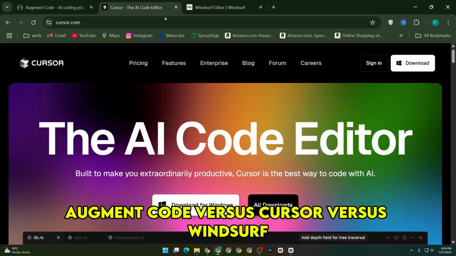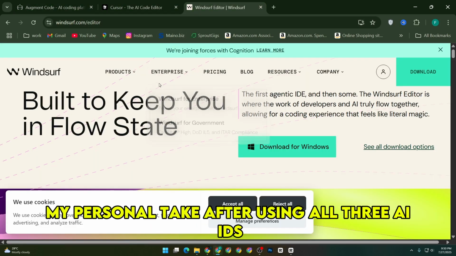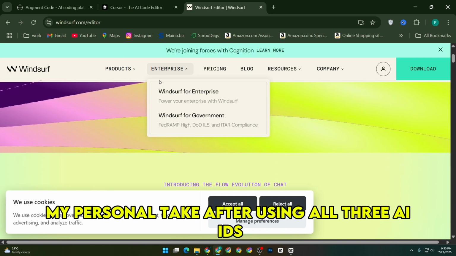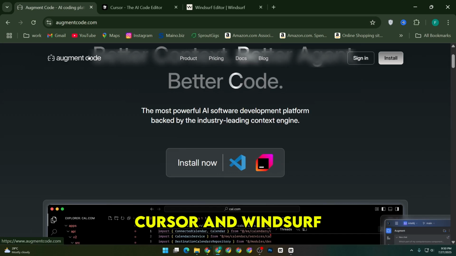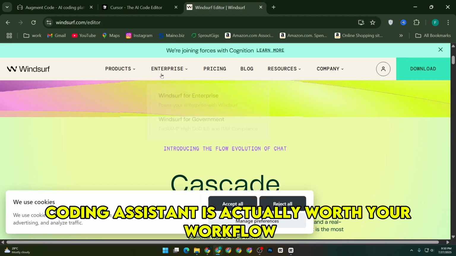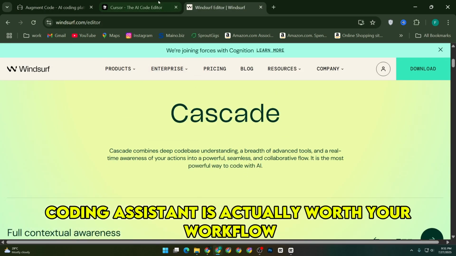Augment Code versus Cursor versus Windsurf. My personal take after using all three AI IDEs. I've spent some solid time working with Augment Code, Cursor, and Windsurf. And if you're trying to decide which AI coding assistant is actually worth your workflow, I'll break it down from